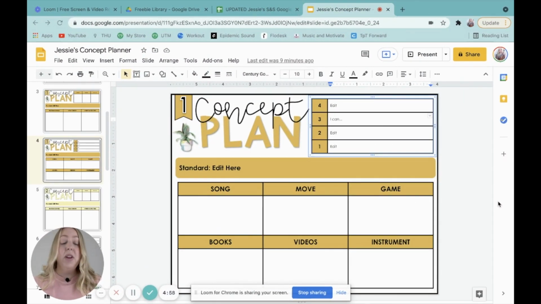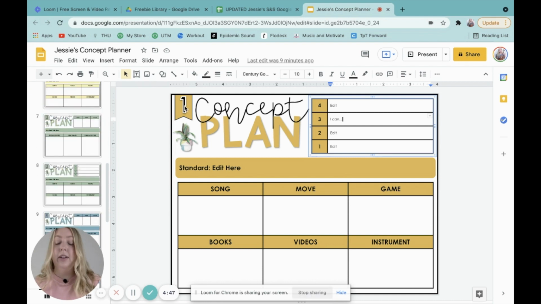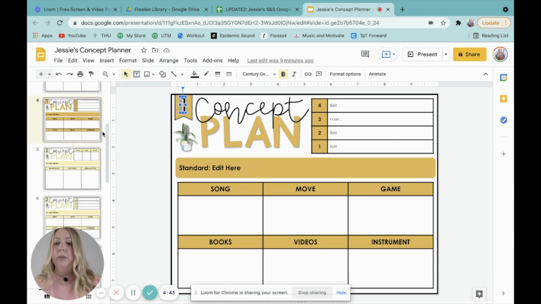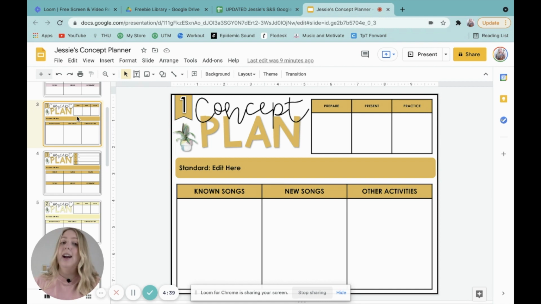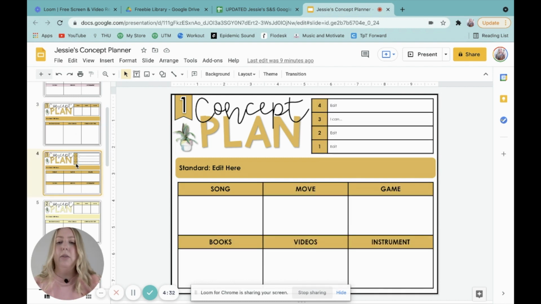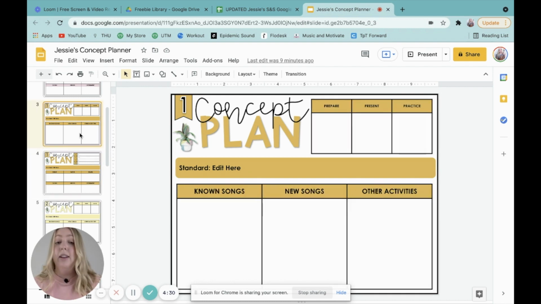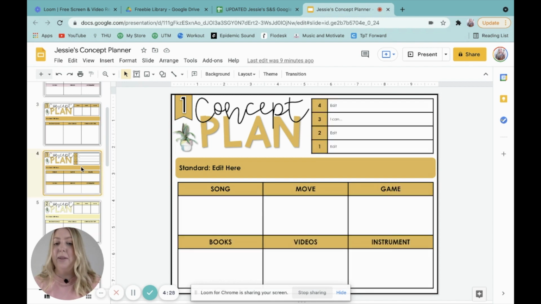All right, so we are in the concept planner that's provided for you guys. Again, it's linked down below in my description box. So this is what I'm going to start with. I'm going to start with 1st grade. There are all the grade levels in here, and actually you can double click this and change it to whatever you'd like. But I'm going to start with 1st grade. And I do have also a Kodaly inspired one. I am a Kodaly inspired light. I took Kodaly one, but I kind of like to think of it more in this way. But there is that option for you if you are a Kodaly